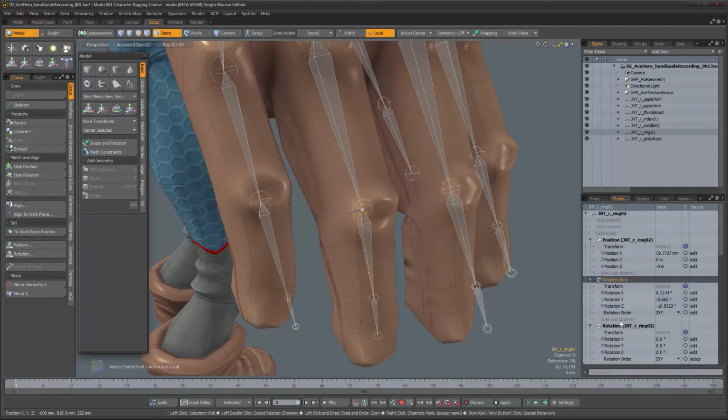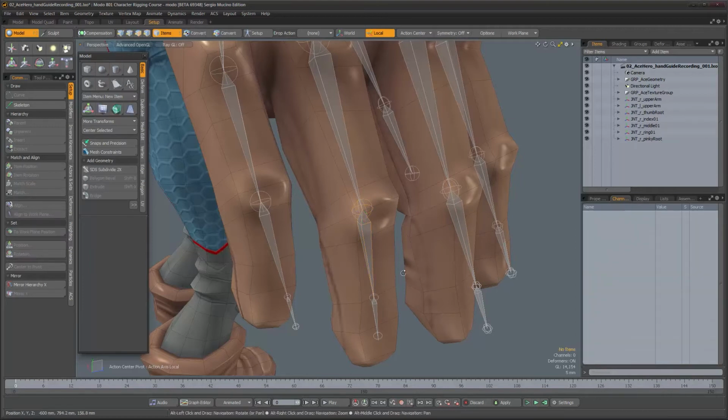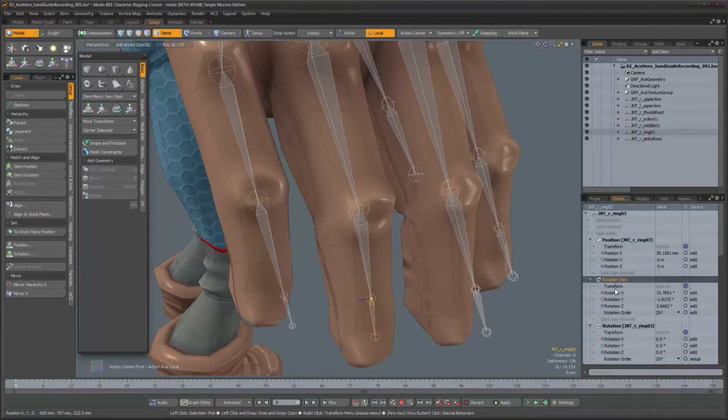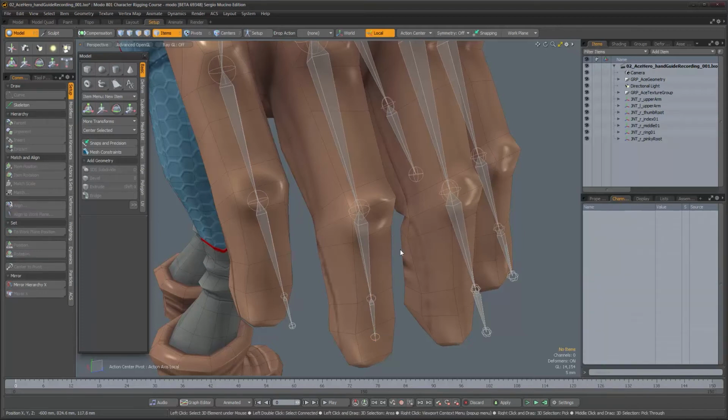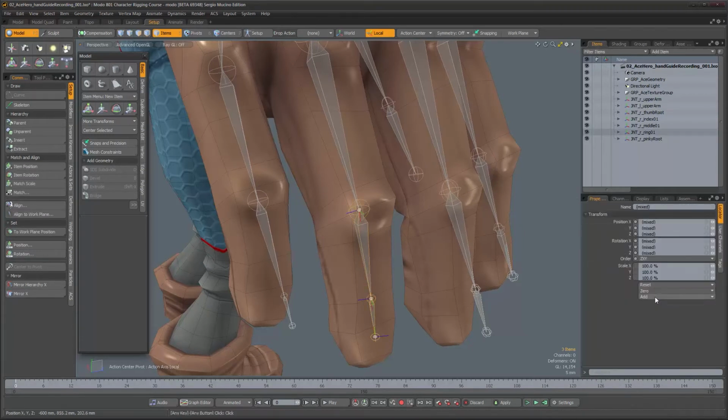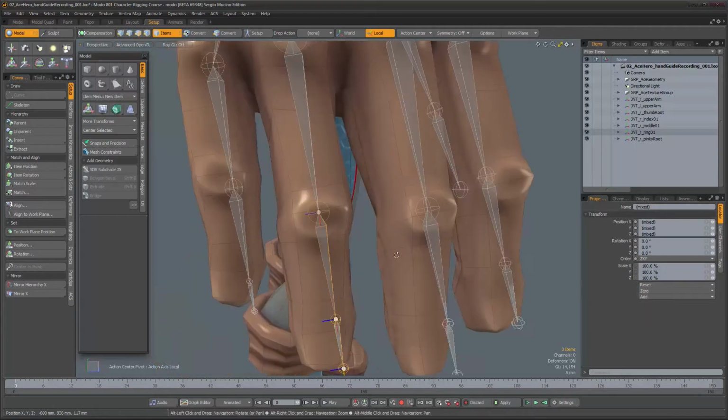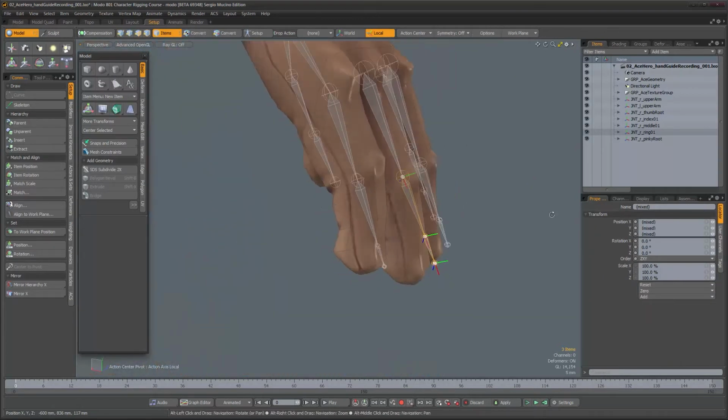I started to mess up over here. Let's fix this very quickly. Yeah, we're just gonna merge those extra transforms, and we're done. So now I can reset the rotations. Okay, now that we have that,